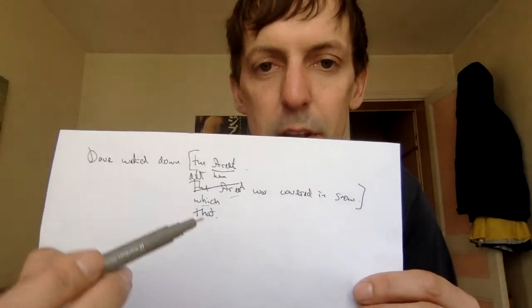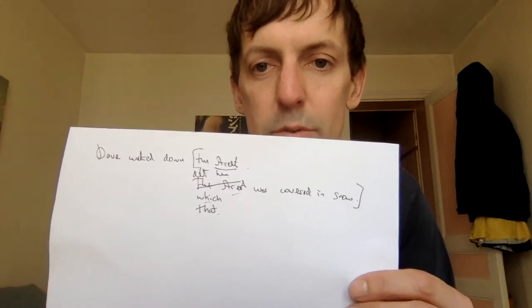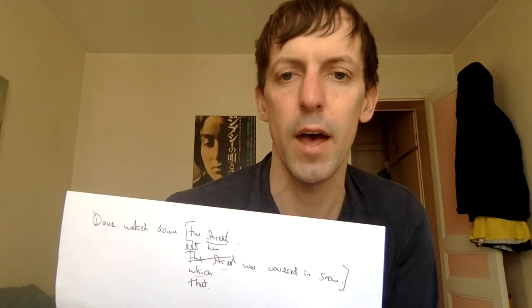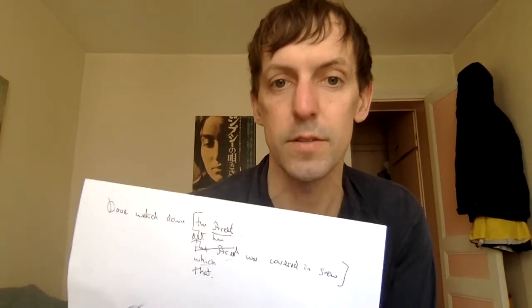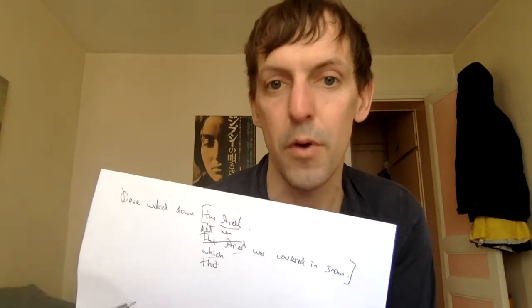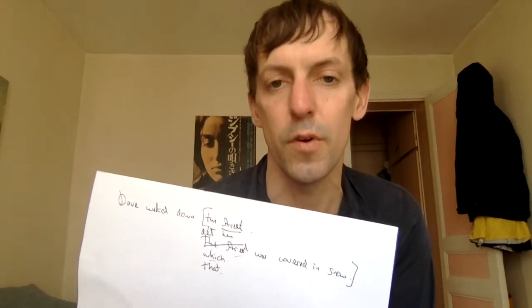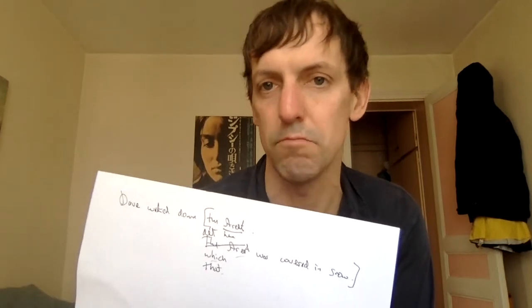I'm just going to write det for determiner, and "which was covered in snow" is, this part is the determiner, head noun, and this part, which was covered in snow, or that was covered in snow, is the relative clause. So now we're going to spend some more time looking at this relative clause. As we've seen, the pivotal part is this relative pronoun part, which, or that, which we've substituted for that noun phrase, the street,